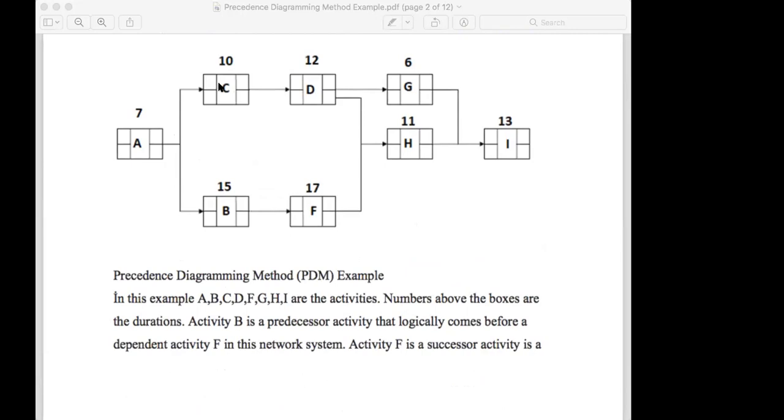C has to finish and go to D, B, D. When you see this relationship, you should know. Finish to start relations. Here, FS relationship. What is this one? Those things you should know. What is this one? G and H. Start to start. Yes. Start to start. G and H activity finishing at the